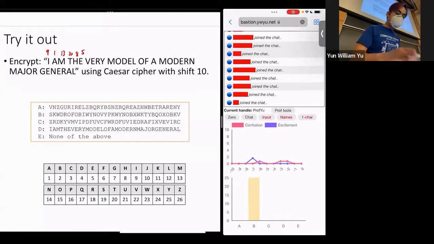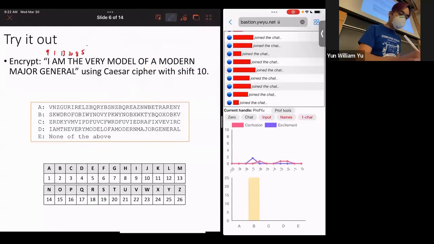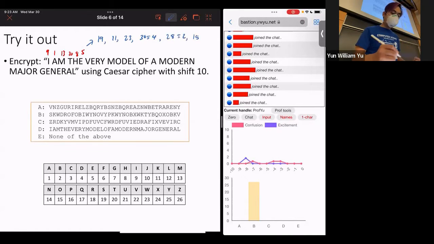So that would go to 19, 11, 23, 30, but 30 is just, of course, 4, 28, which is, of course, 2, and 15. And when you convert that back, 19 is S, 11 would be K, 23 would be W, 4 is, of course, D,